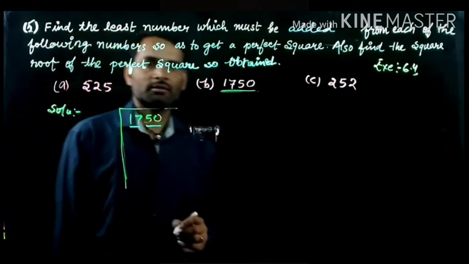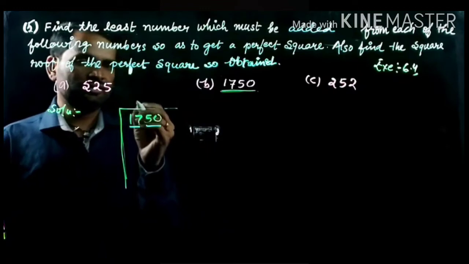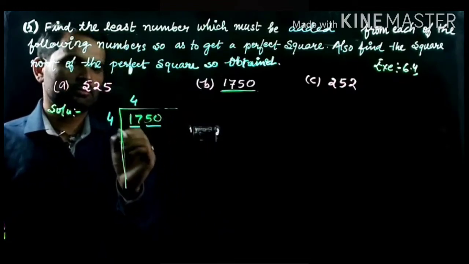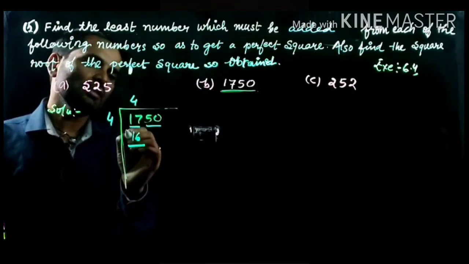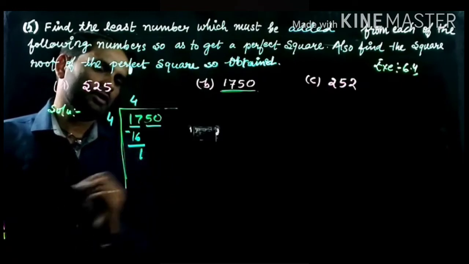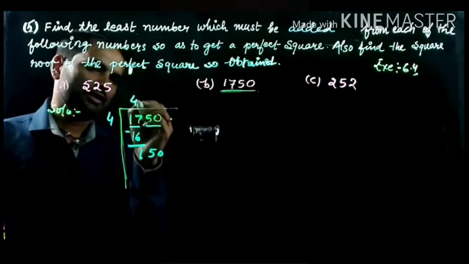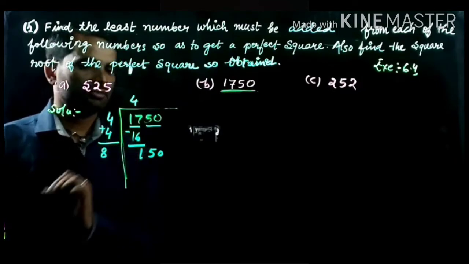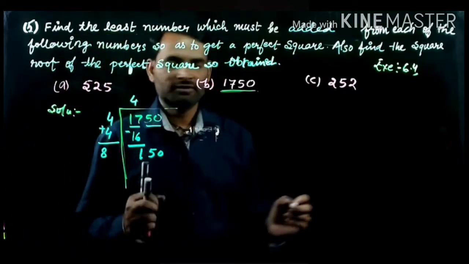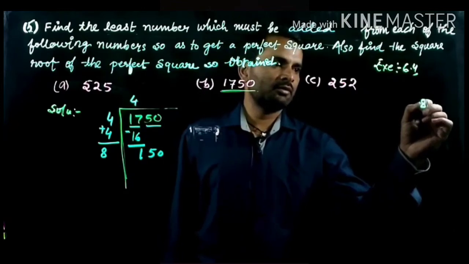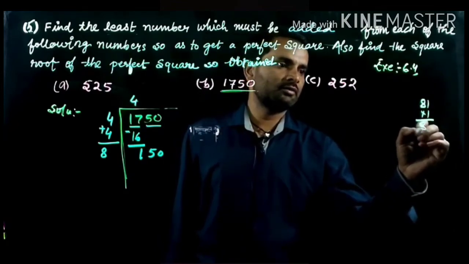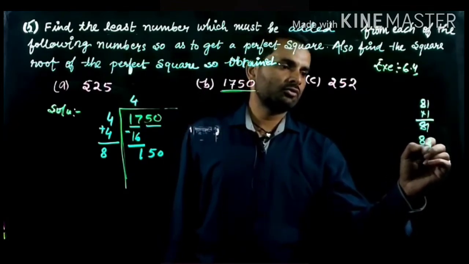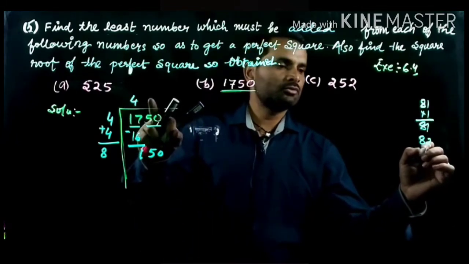Okay, now here is 17, 4 times 4 is 16, so 17 minus 16 is 1, and the second pair is 50, and this 4 will be added in this place, 4 plus 4 is 8. Okay, and you find the first place will be 81 times 1 is equal to 81, second is 82, suppose 2, you write the 2, 2 times 82 is